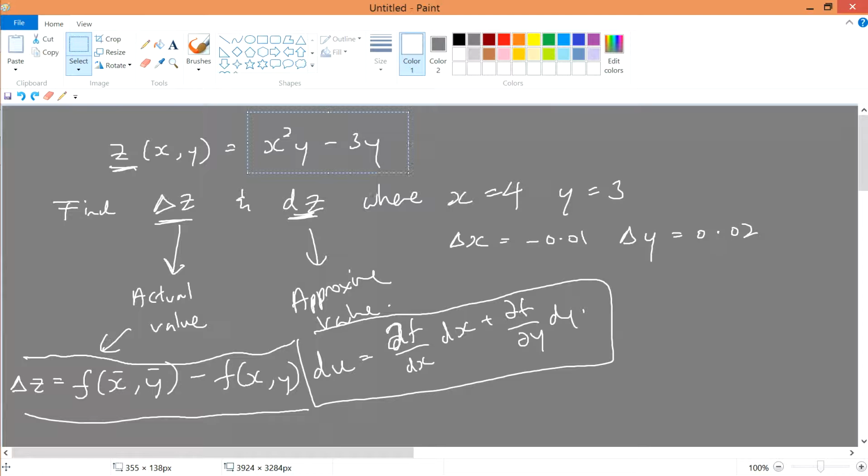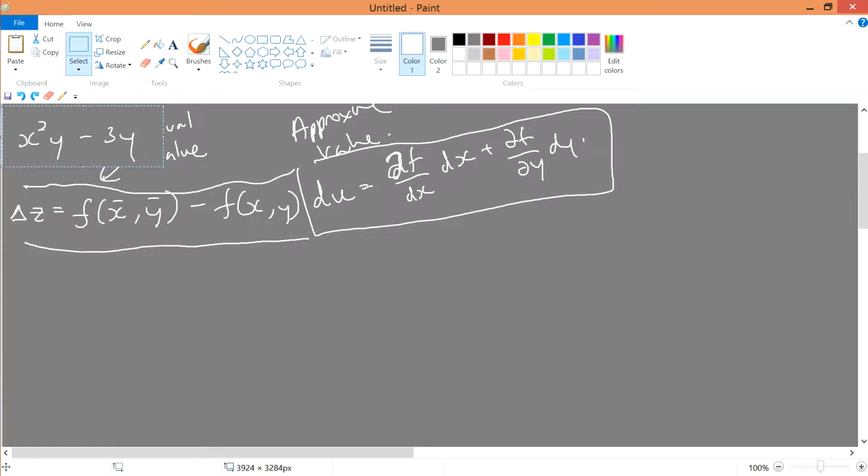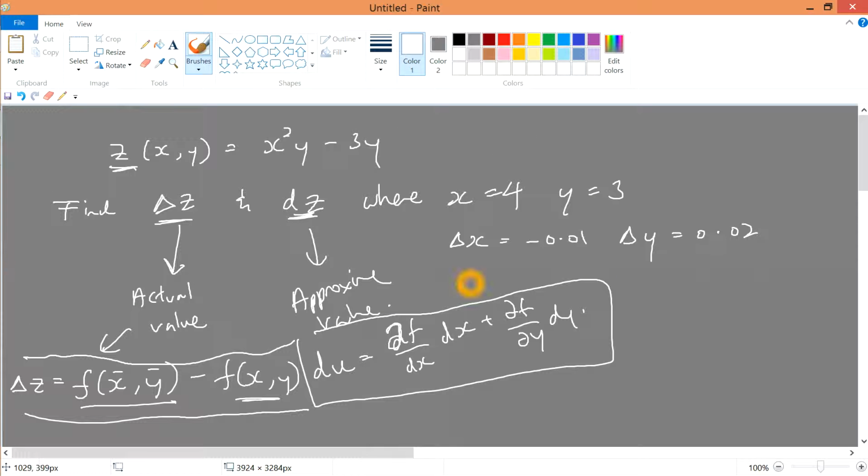So the function of z is equal to this thing, so I'll paste it over here, which is easier for you to see. The equation definition states that you have a function with the bar over it, then minus away its initial function. So first we initiate x. We know that x is equal to 4, and then its uncertainty value, this delta x,